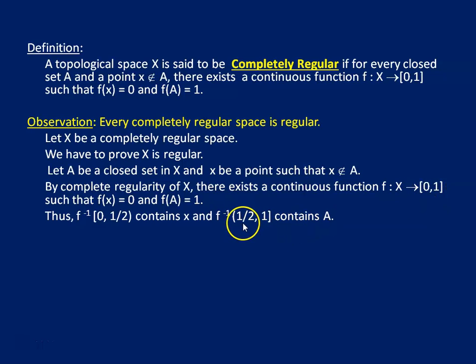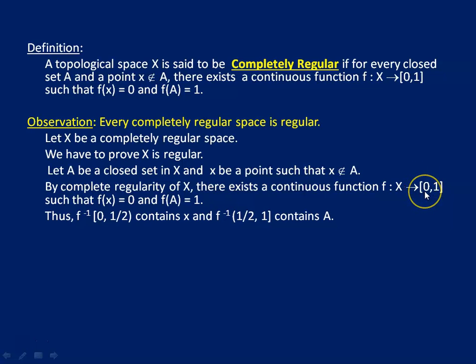Similarly, the semi-open interval (1/2, 1] is an open set in the closed interval [0, 1]. Since f is continuous, and in the case of a continuous function the inverse image of every open set is open, and f is a continuous function from X to [0, 1],